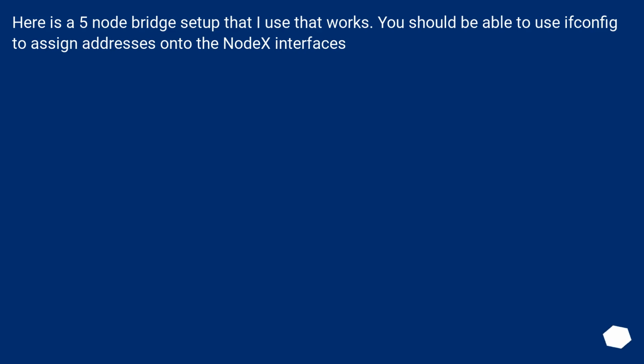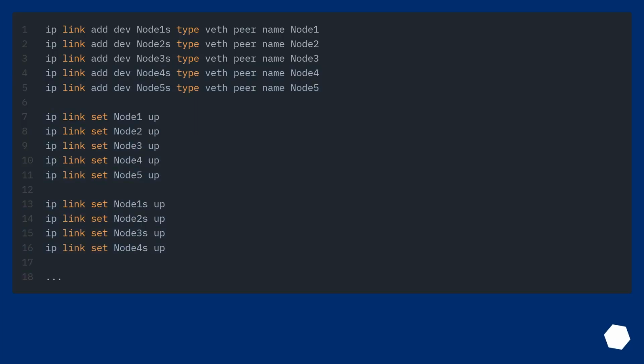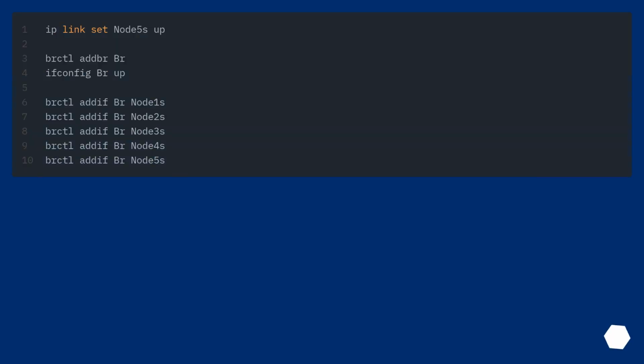Here is a 5-node bridge setup that I use that works. You should be able to use ifconfig to assign addresses onto the nodex interfaces. And to clean up,